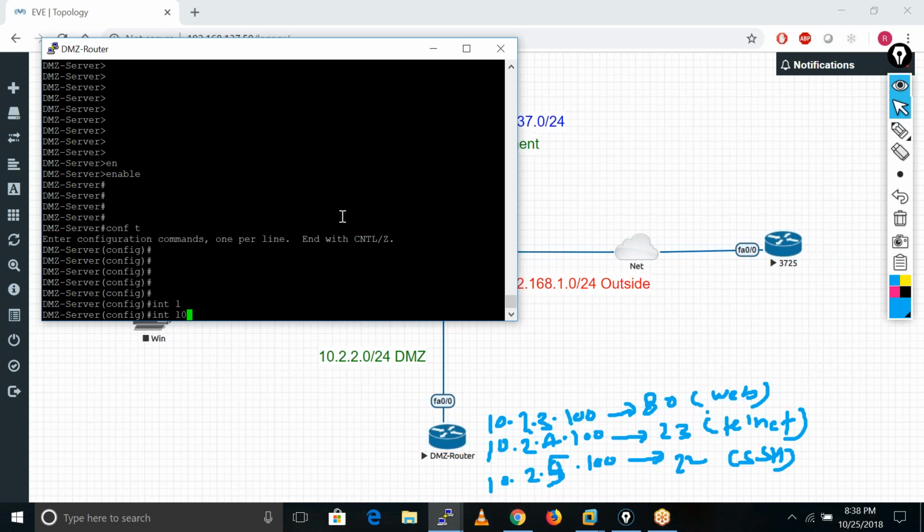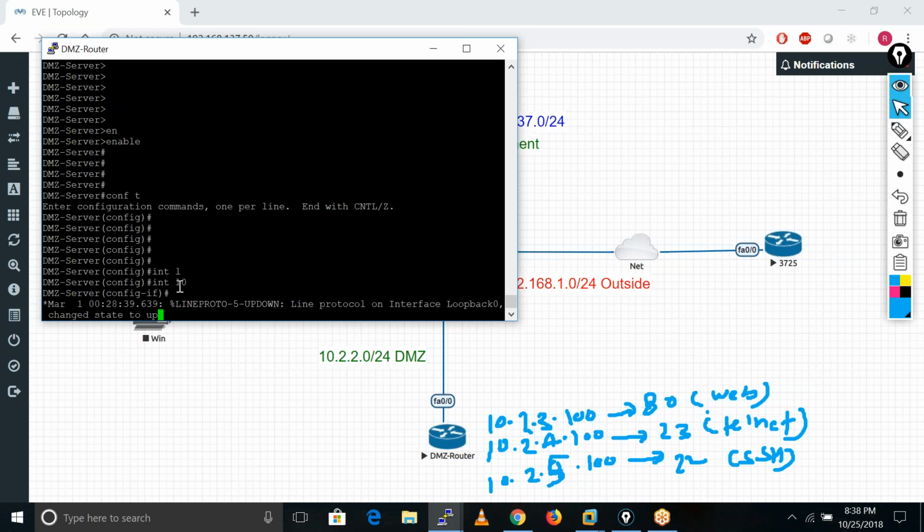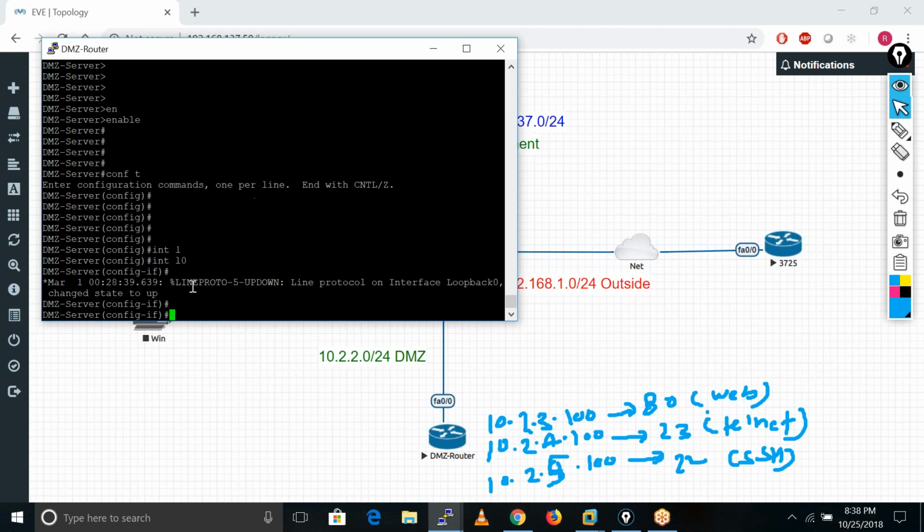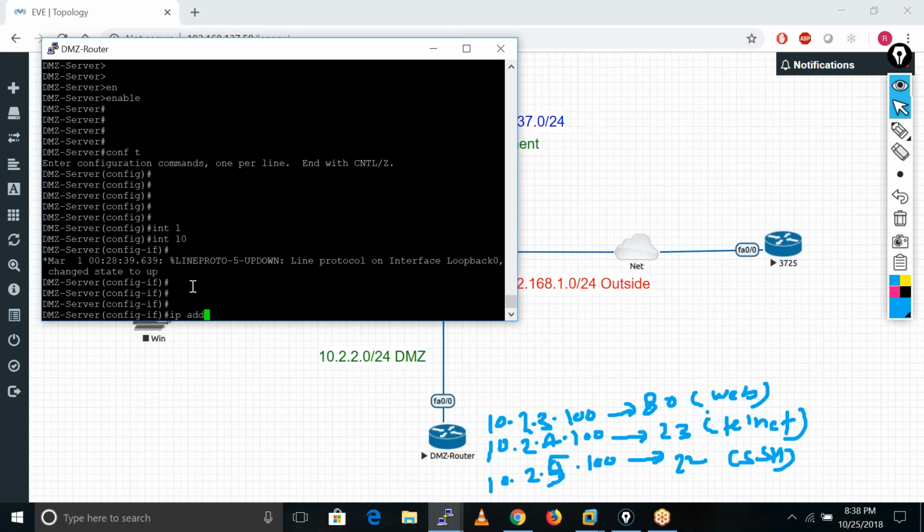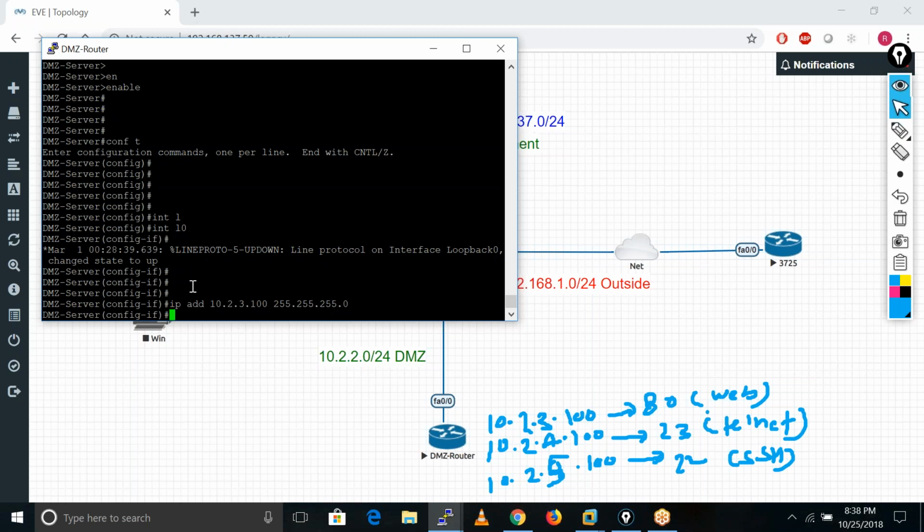I have added loopback 0, which means interface loopback 0. After that I'll configure the IP address, which is 10.2.3.100, 255.255.255.0. After it I'll configure loopback 1 here.